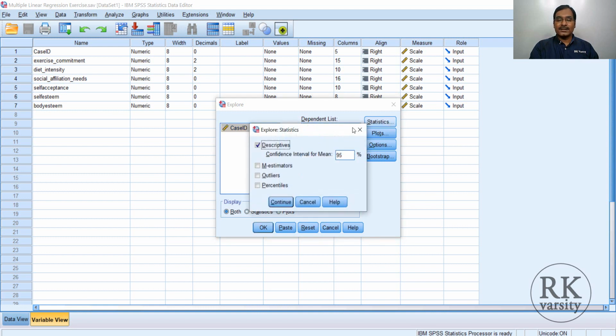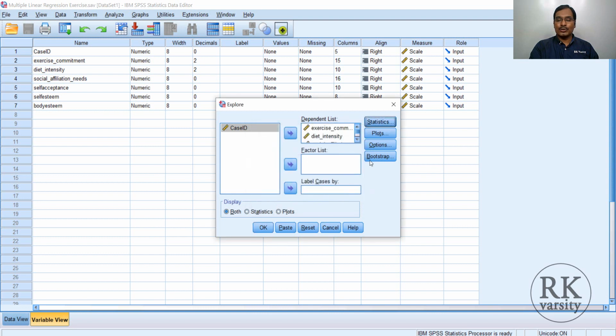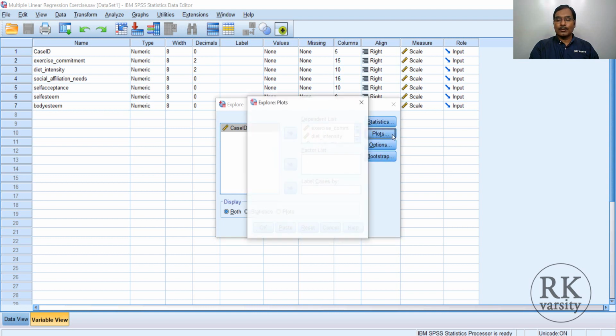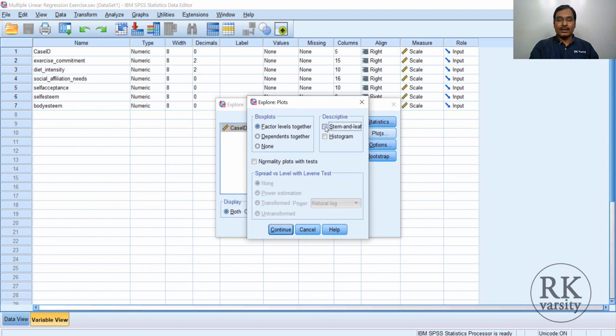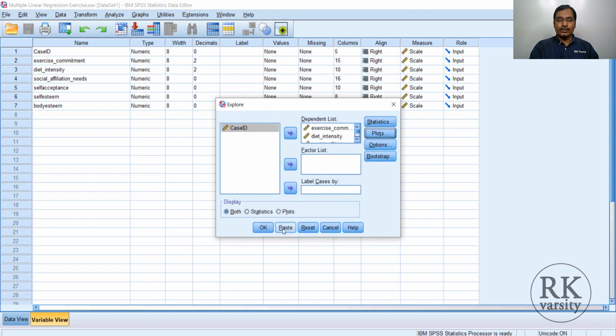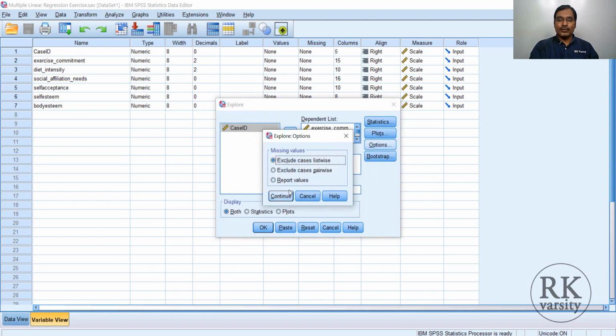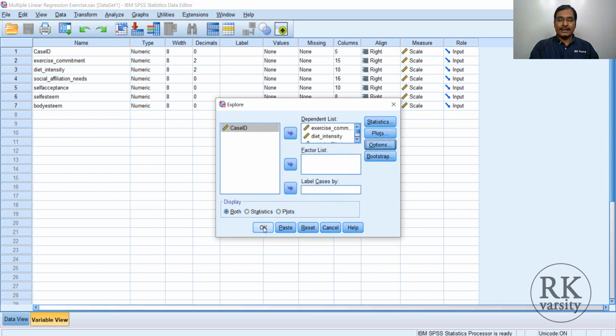And in statistics, select outliers, then click the continue push button, go to plots. So here just simply check for normality plots with the tests, then click continue. Then here you have an option where if you want to exclude missing values, click continue, then click